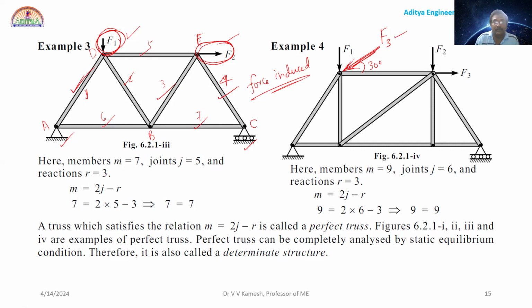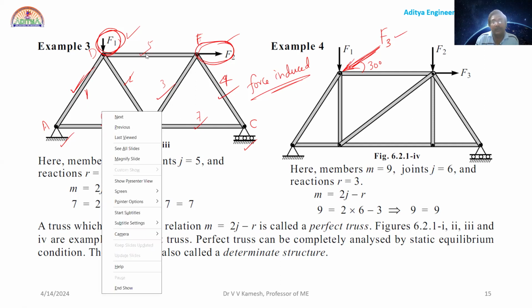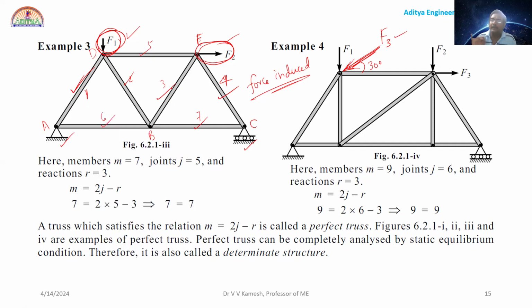So AD is a part. So there will be force created in AD. There will be force created in AB. There will be force created in DE. Every member of the truss, as many members you have, in every member, there will be some force created, right? Now, we need to find what is the force that is created in AD, force created in AB, like this,